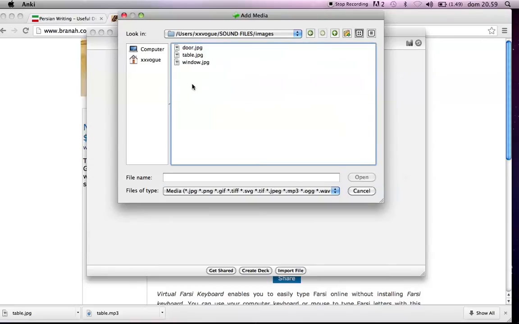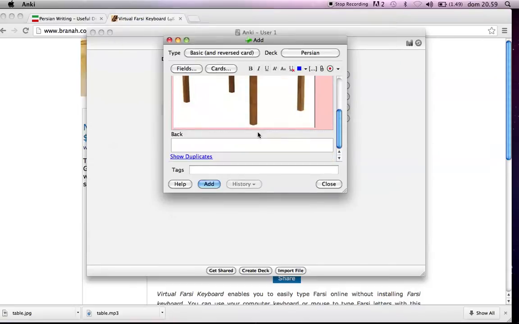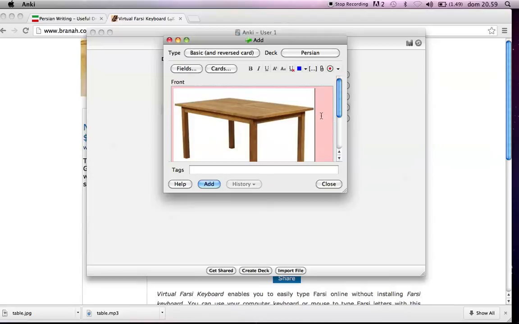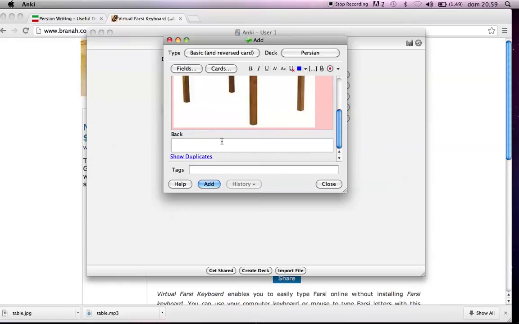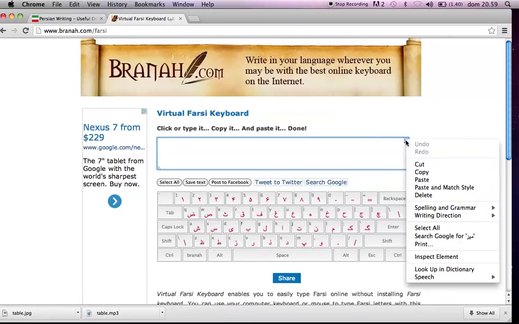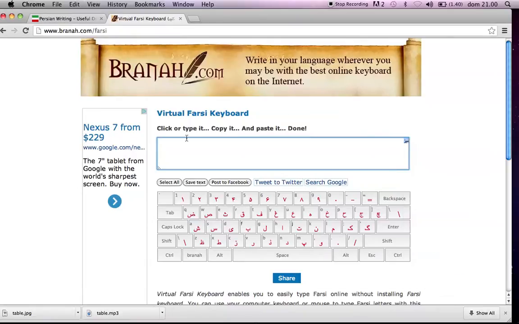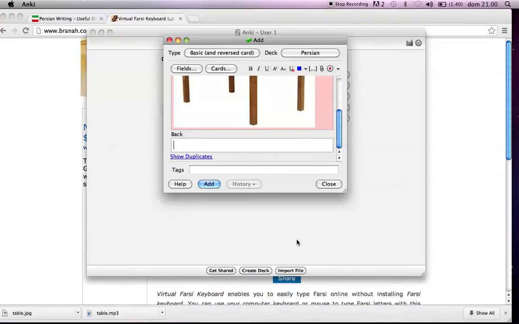So in my case, since I'm just doing table, which is a concrete object, that's fairly simple. The reason why this background's red is because I already have a table card, but we're just going to ignore that for now. So here I need to put the word for table, and I believe I already have it copied. No, I do not. So I've got it right here. And I just have up a virtual Farsi keyboard because I haven't taken the effort to put my Mac keyboard into Farsi as well. So I have my word for table, which is mis, and now I have some audio